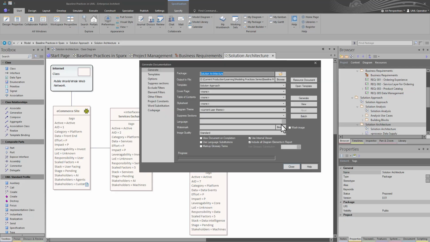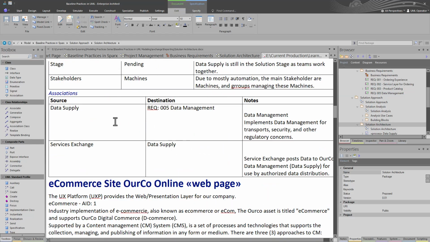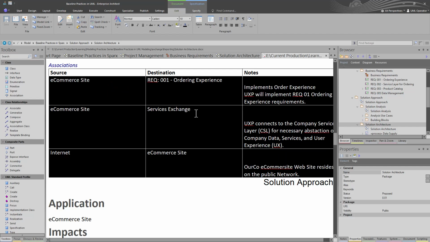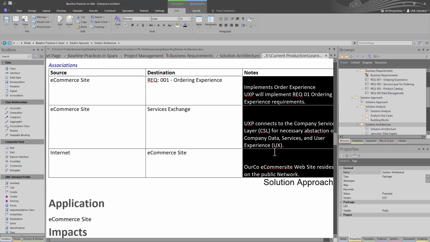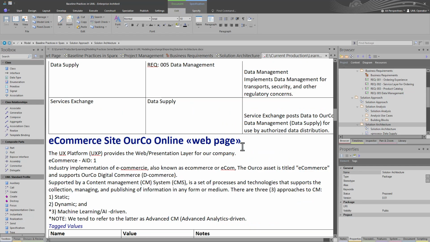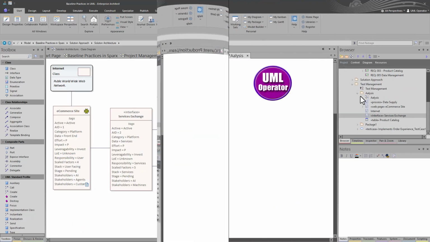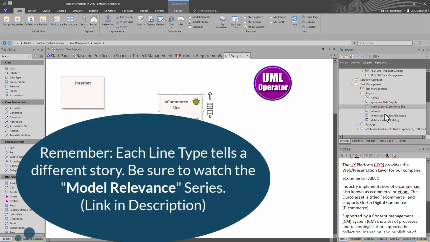So when you go to run your reports or do other analysis, you're able to understand not only what the elements are, but what's taking place in those elements in each particular scenario. So you put intelligence between the source and the destination. You put intelligence in there so that it's very clear to the stakeholders what is taking place within the architecture. So as you're drawing in your relationships in your model,